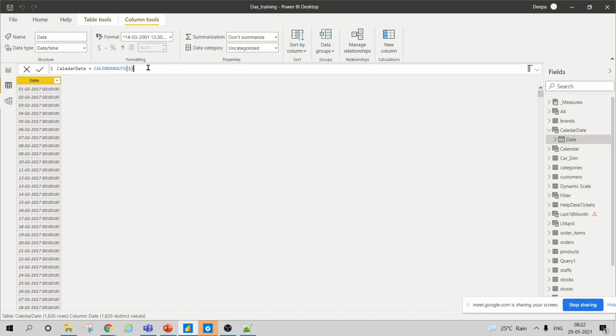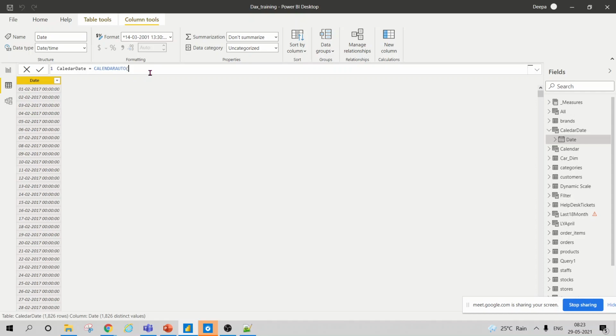Now the problem is that if I am taking CALENDARAUTO with 1, it means it will take the fiscal year which is starting from January. If I had taken a fiscal year which was starting from April, it would miss those dates which were in February and March. That is not the ideal condition because we don't want that. We want all dates to be taken. So in that case, there could be other scenarios as well.